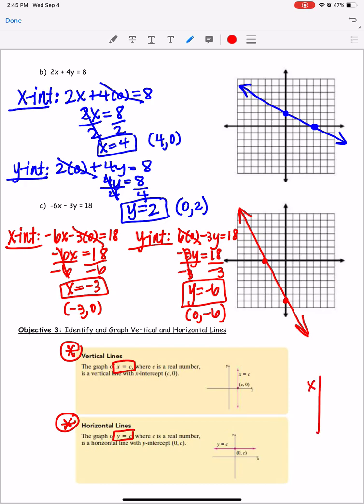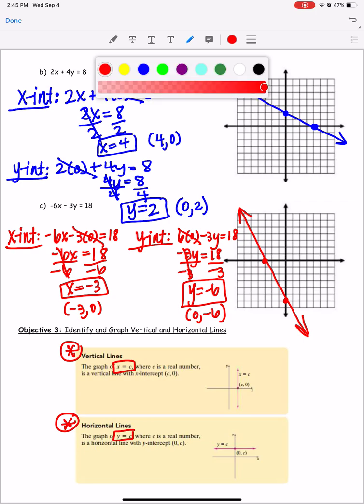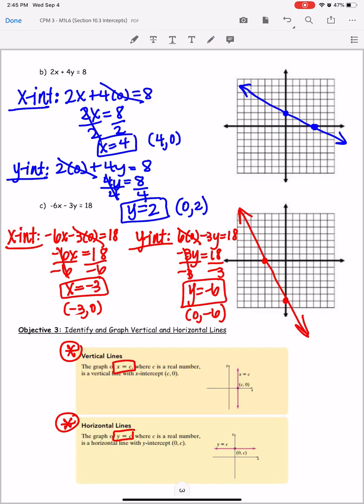You can also make that little T-chart where if it says x equals 3, then you've got 3, 3, 3, and 0, 1, 2. Pick any number for these y's. Or if it's something like y equals 5, then you put 5, 5, 5, and then 0, 1, 4. Put any numbers you want for here. Okay, so that's one option. You can memorize these if you'd like. Okay, that's another option. But now that we know more about x and y intercepts,